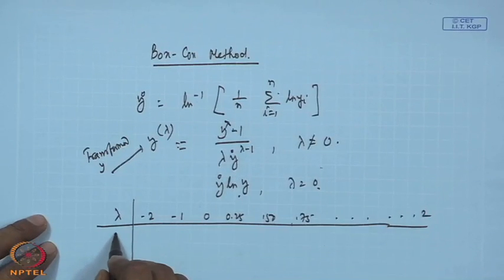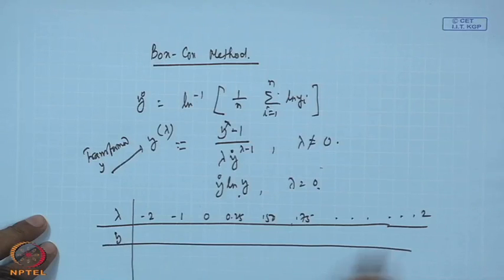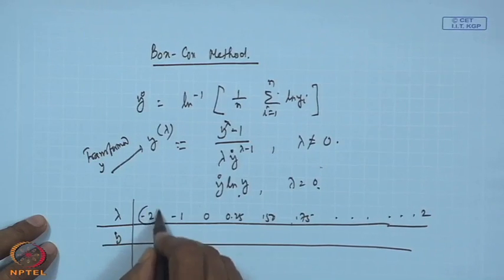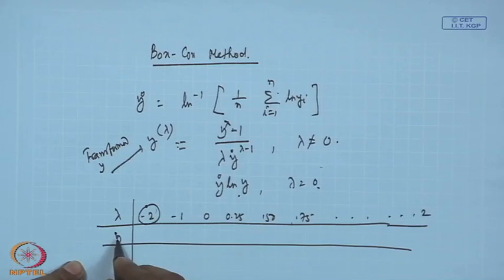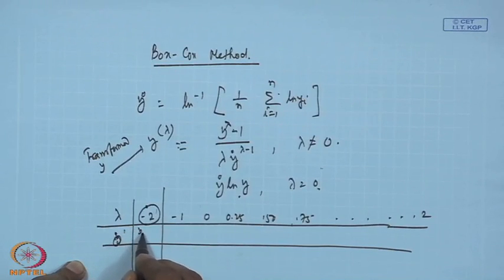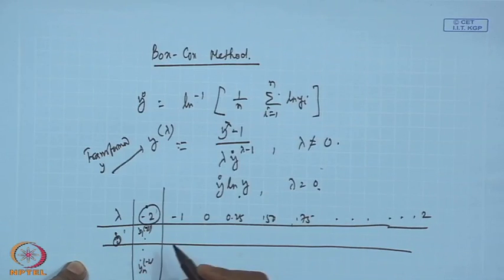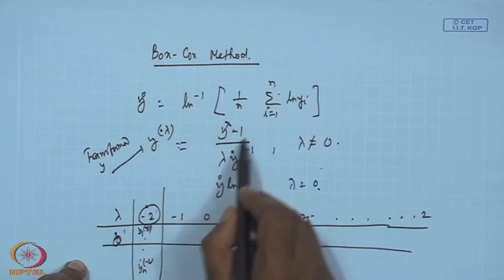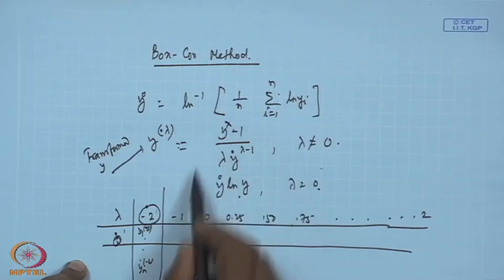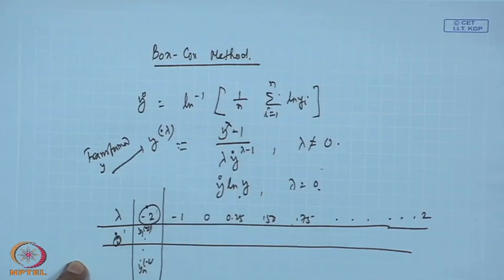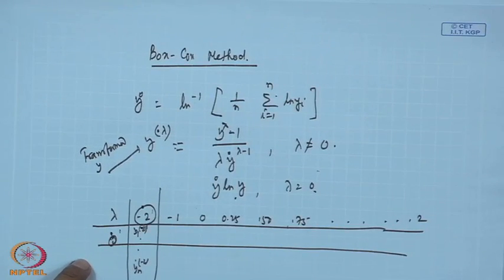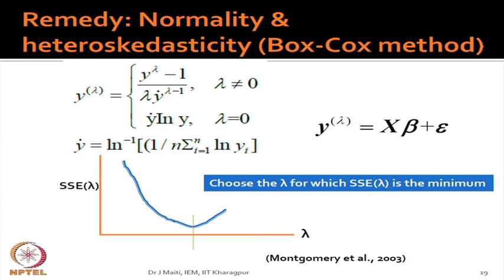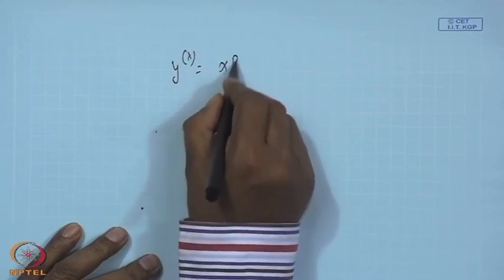Then you find out these y lambda values. For lambda equal to minus 2, you find y1 at minus 2, similarly yn at minus 2, but here it is not to the power minus 2, it is to the power minus lambda. When you write minus 2 here, you are changing all the values, every value will be changed. Then you regress, you fit your regression equation like this: y lambda equal to x beta plus epsilon,